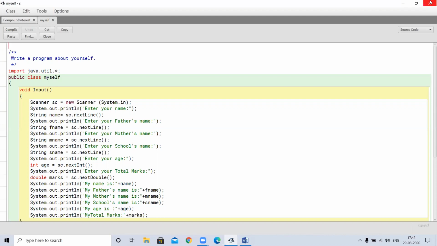In my last Zoom class I also explained one program by using the scanner class and by importing the package util. And in my last video, I also explained the types of errors: syntax error, logical error, and runtime error.